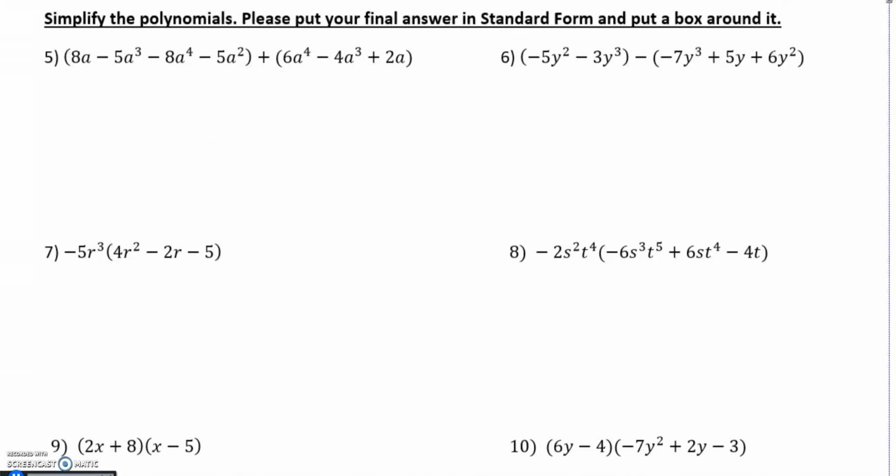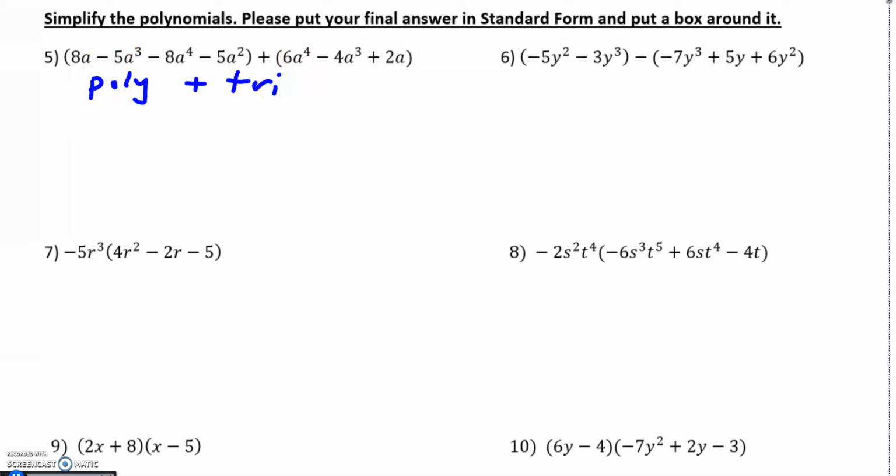Numbers 5 to 10 here are just the directions to simplify the polynomial, and it's up to you to determine: am I adding, am I subtracting, am I multiplying, what is the problem asking me to do. So if I look at number 5, it looks like what I'm doing is adding a polynomial plus a trinomial. And when I'm adding, I need to look for like terms. So in a way, these parentheses don't really matter, except that it's telling you that you're adding a polynomial plus